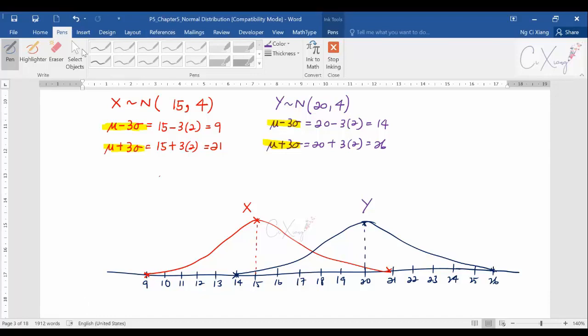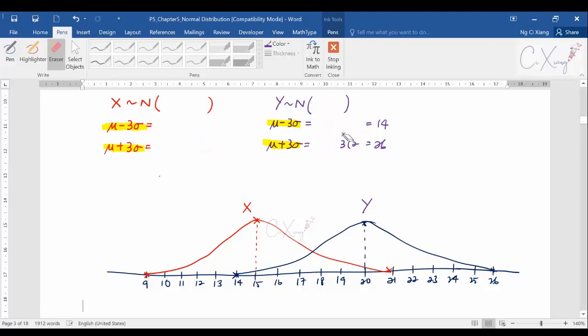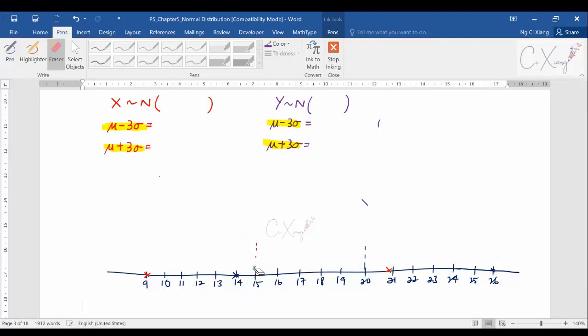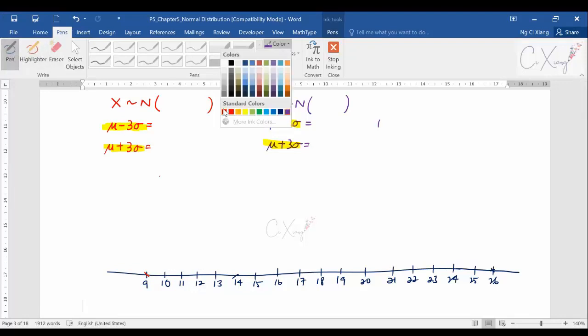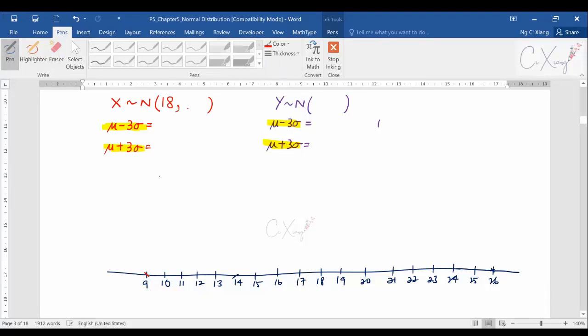Alright, so how about we change another question? Okay, so I hope that you have some time to copy this already. Okay, so if no problem, then I would like to change my value here. Okay, how about if let's say I want to sketch two graphs that have the same mean but different variance. Okay, so as an example, maybe for my X now, I want to define it as 18, and then maybe the variance is a 4, and then for Y, the mean is still 18, but I would like to make it as a